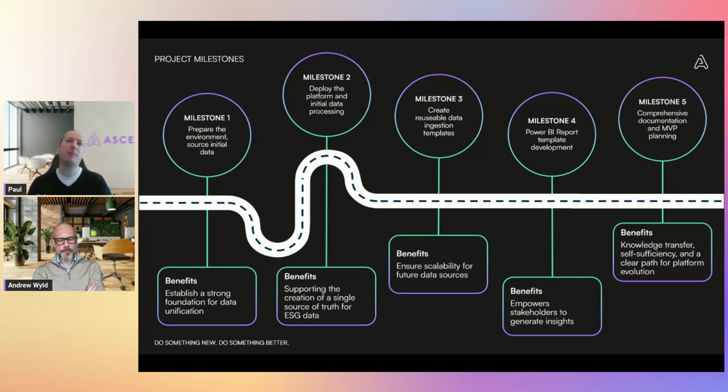The next milestone, and probably the main milestone, is milestone 4, which is really creating a Power BI report off the back of it. The challenge with these sustainability projects is until you can see the output and you can see a decision that's been made, or you can see a result that comes off the back of it, it's very difficult for the business to see the value of all of the effort that's gone into collating that data, transforming it, really until you can get to that actionable insight where you can do something. And so obviously this part was building a report that we could not only use internally, but also use with customers and suppliers for this retail business as well.